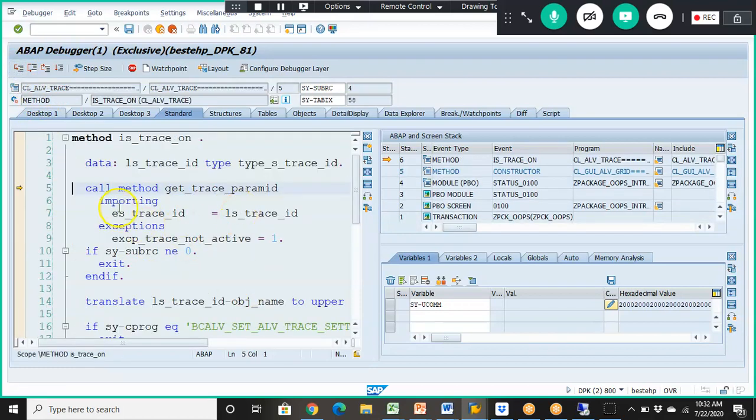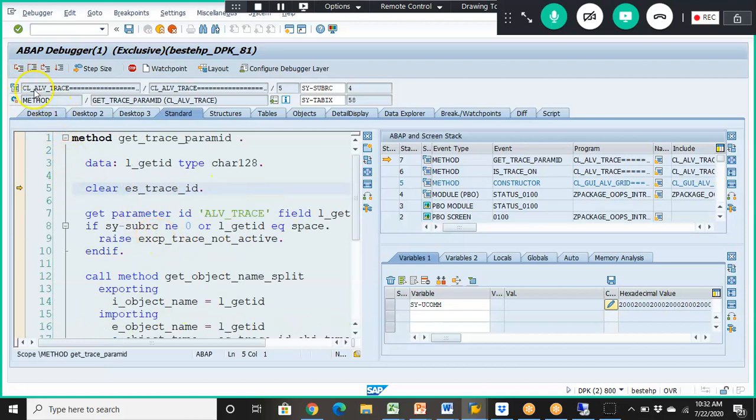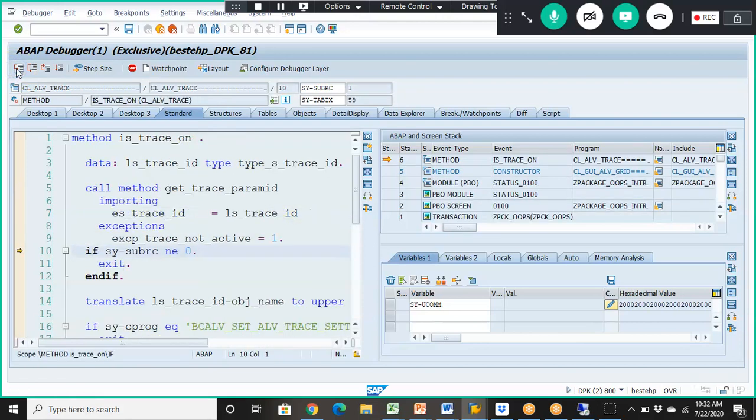Now there is another standard class, a standard method which has been called here internally. Size of x is not equal to 0. Size of x is equal to 1. So there is some issue here which is making the size of x value 1, meaning the trace ID is not coming.